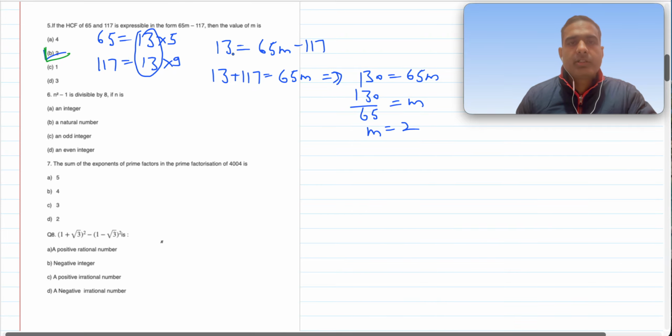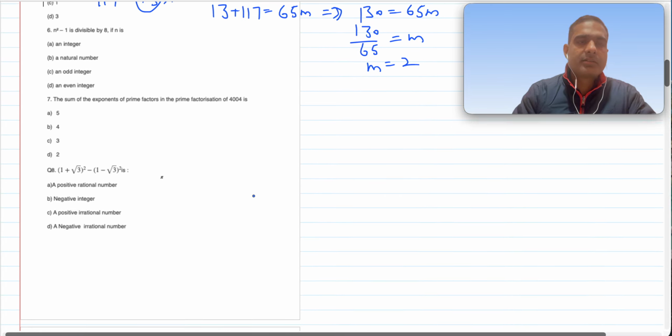So what we did in this question, we first found out the HCF of 65 and 117. And how did we find it? We factorized 65 and 117 and we got that 13 is the largest number which divides both 65 and 117. And we wrote 13 as 65m minus 117 and then did the normal calculation to solve the equation. Now moving to the next question,